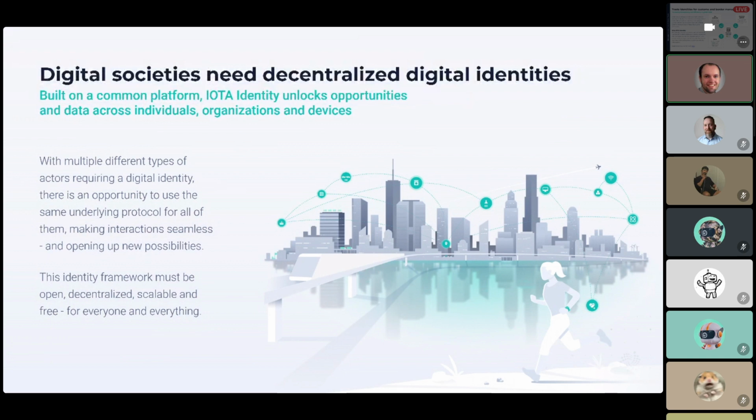All of these interactions are exchanges of trust, exchanges of information. And that is what IOTA Identity wants to create: a world where these interactions are very easy to do, no matter who you're talking to.